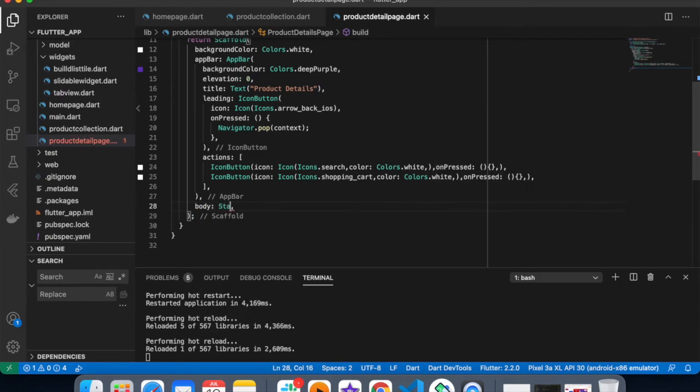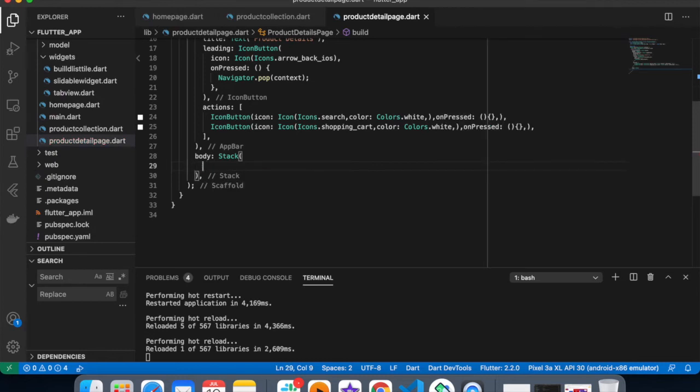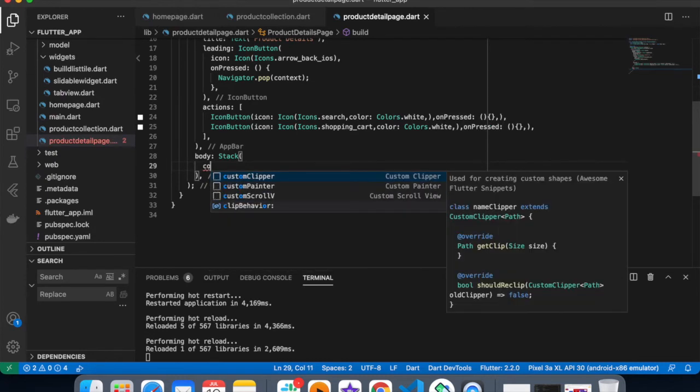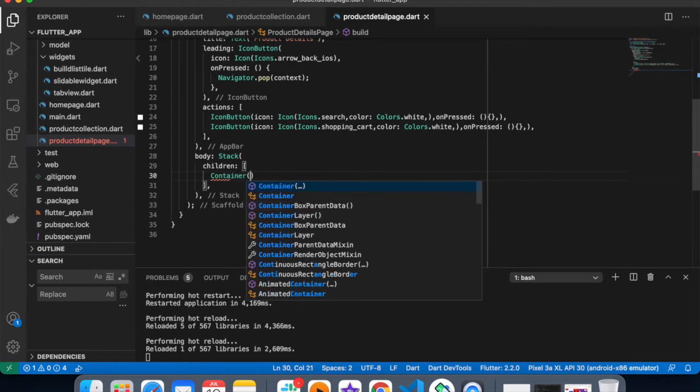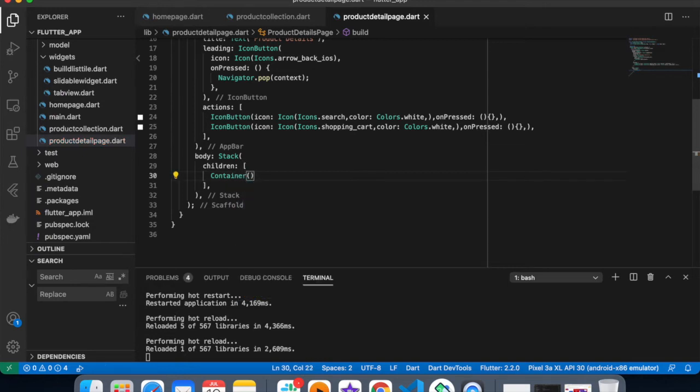I'm using stack. And inside the stack I'm using children. Inside the children I'm using container, and decoration equals to box decoration.